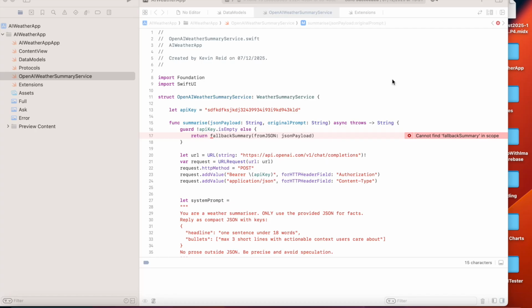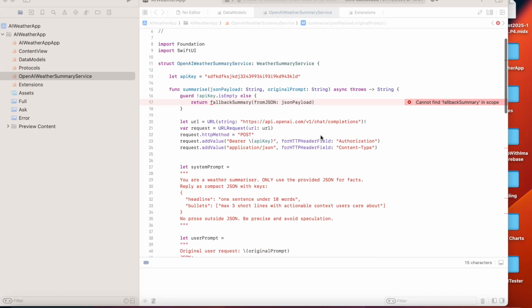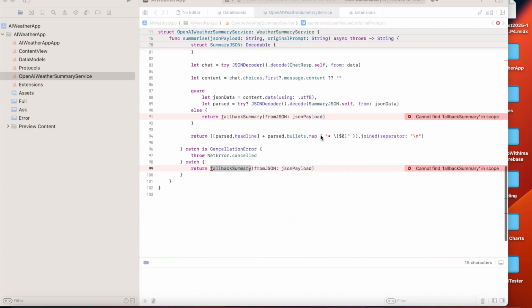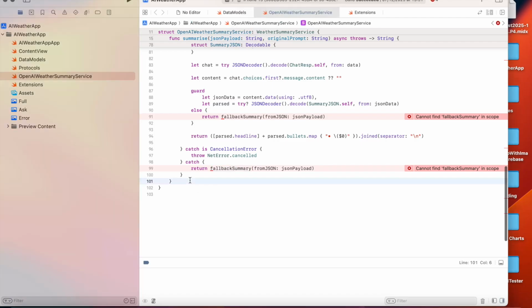In this tutorial, we will continue from last week's lesson. So today we will implement the fallback summary. The purpose of that feature or function is to enable a fallback to happen. So if the AI is unable to provide a summary, then a default summary will be provided. So the first thing we need to do is anywhere after line 101